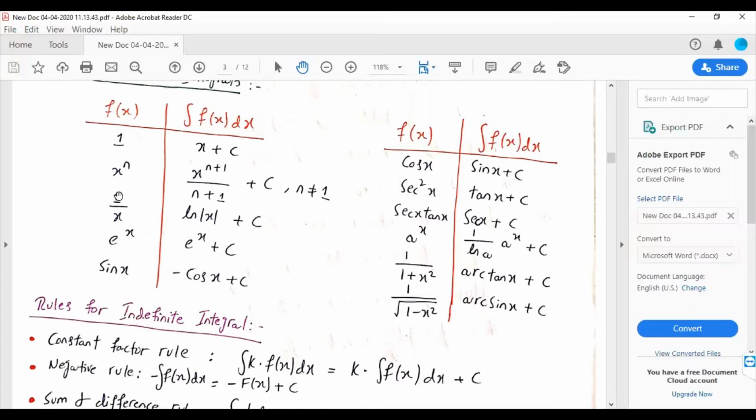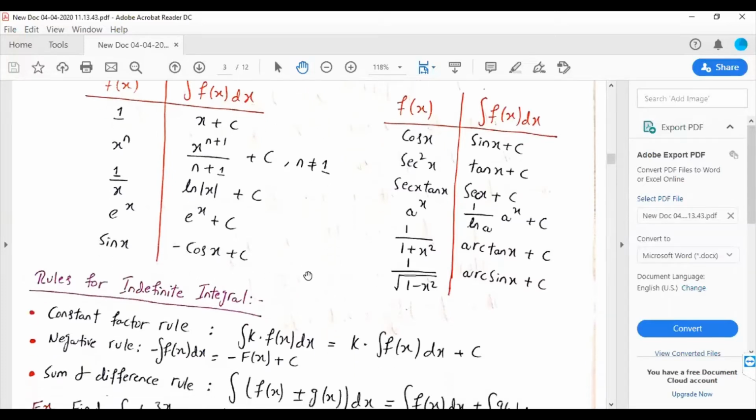if f of x is 1, its antiderivative is x plus c. If the function is x raised to the power n, its antiderivative is x raised to the power n plus 1 divided by n plus 1, plus c. If the function is 1 by x, its antiderivative is ln x. If the function is e raised to the power x, the antiderivative is e raised to the power x plus c. If the function is sin x, its antiderivative is minus cos x plus c, and so on. And here are the rules for the